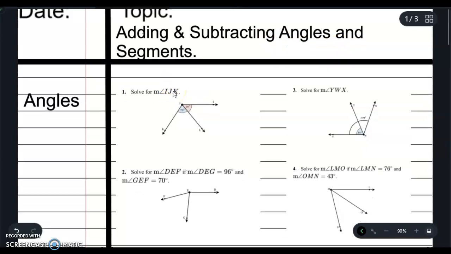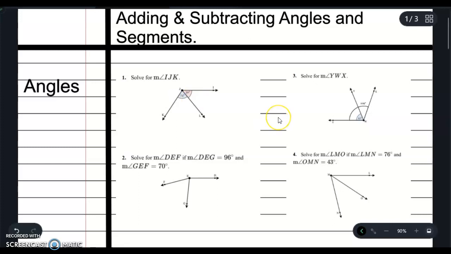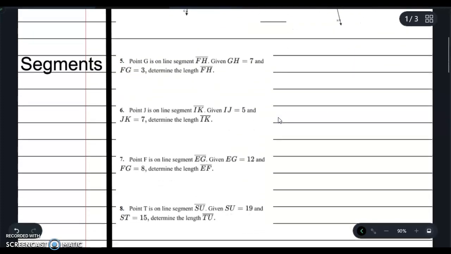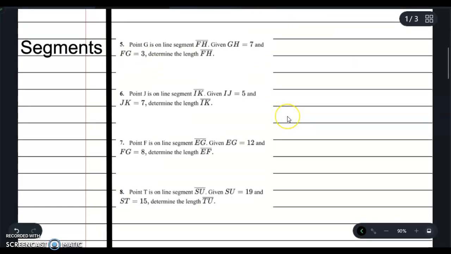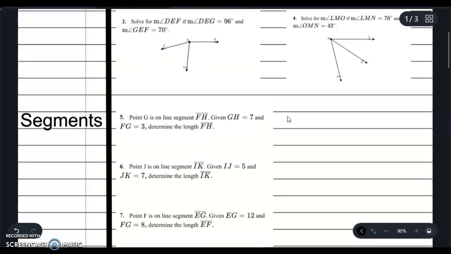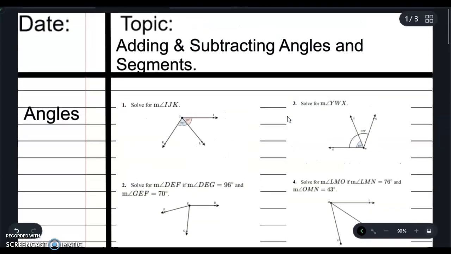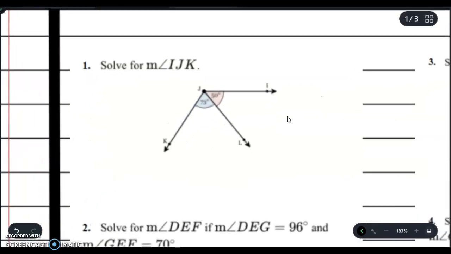So first we're going to do the angles here, about 4 of them, and then we're going to do some segments. Okay, so let's start with the angles. Alright, so I'm going to zoom in,